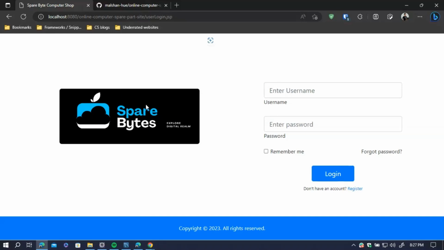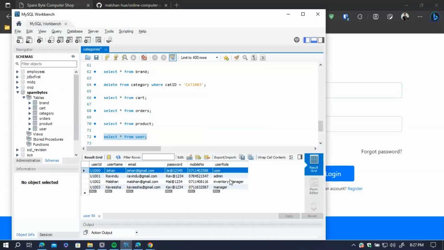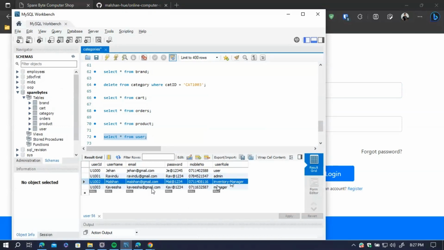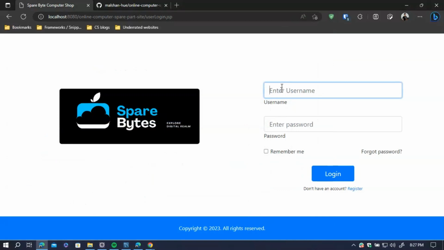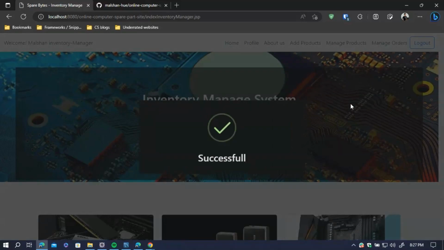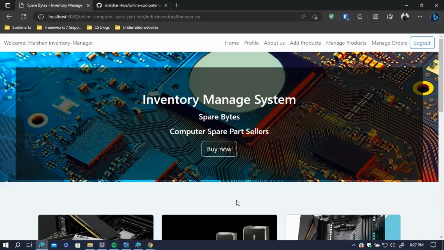The product page is dynamically changed by the action of the inventory manager. There is a role called inventory manager, who can perform add product functionalities on the site. So let's see. This is the inventory manager index page. As I mentioned previously, the session will take the user role. In this interface,